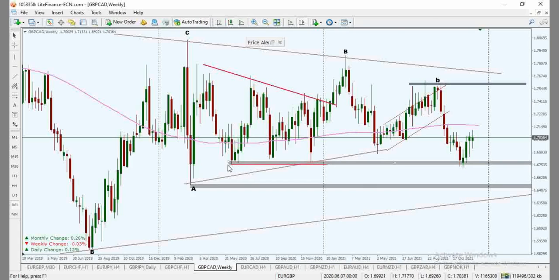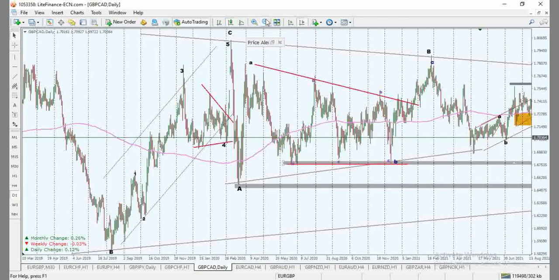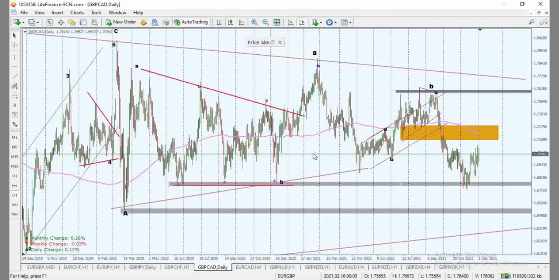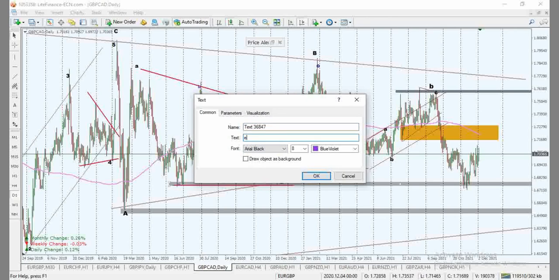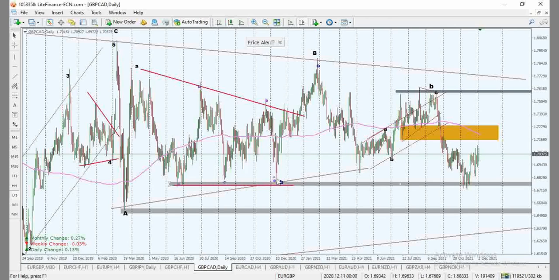All right, so if I go ahead and put up the wave count for you guys, then you can see that this territory here is a very important one. We have A, B, C, D, E for a B. All right, instead of this zone, we're going to change that, and we have what could also be a